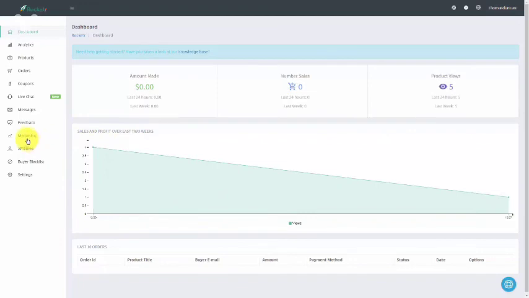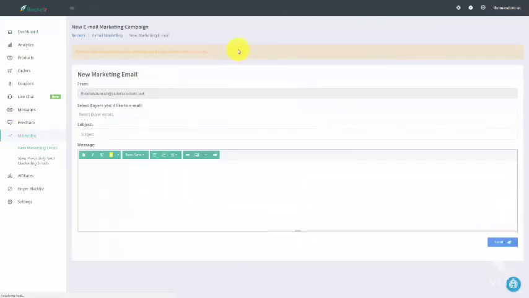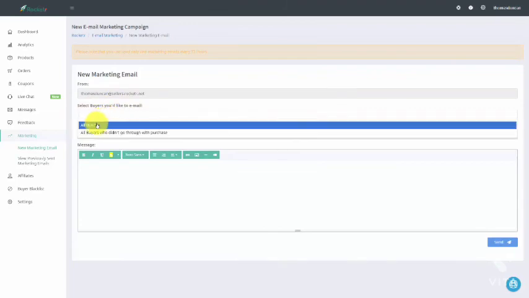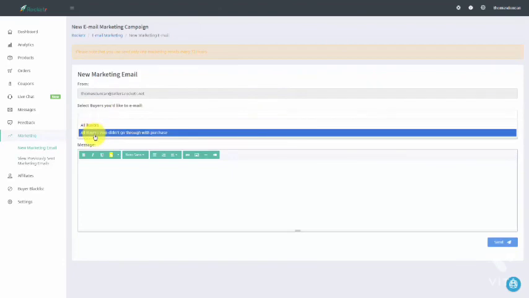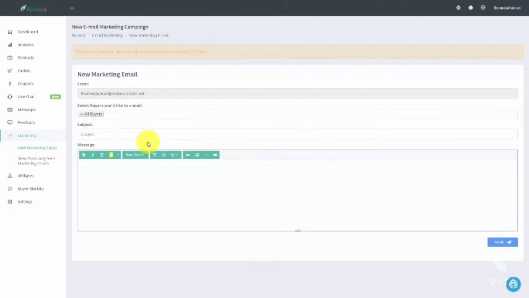In order to do that, we are going to go to this marketing link, and then we're going to click this link that says New Marketing Email. When we do that, we come to a specific page, and we can select the buyers that we'd like to email. For example, we can determine that we want to email all buyers or all buyers that did not go through with the purchase. We can write in a subject for our email,